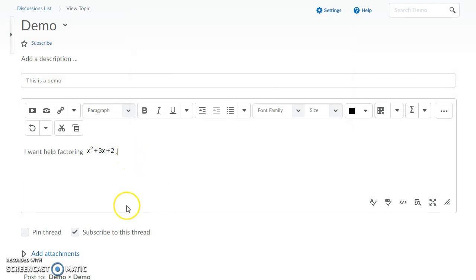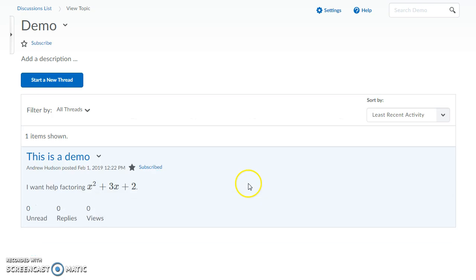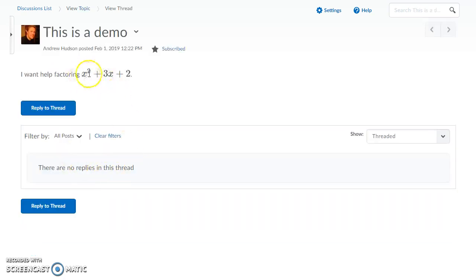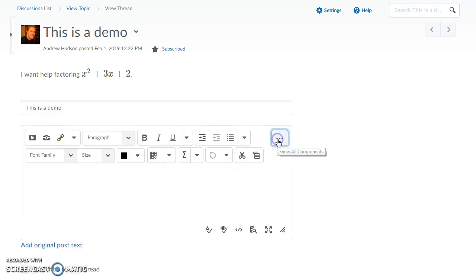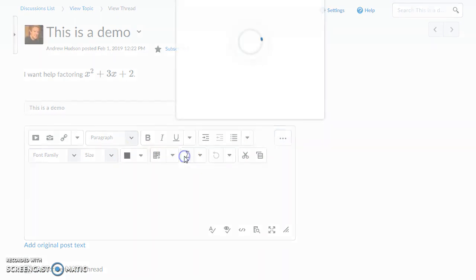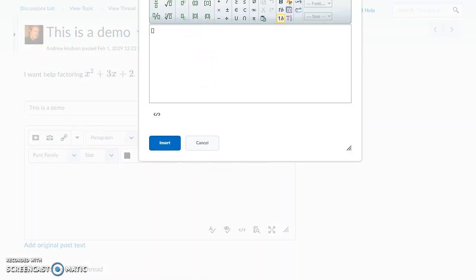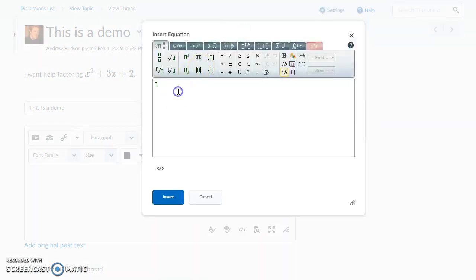And it shows up. We post this, and if we go into read, it actually looks a bit nicer. It's something that we can easily read and see what it's referring to. Now here's the danger with using that equation editor. If I go in and find it and just start typing everything in here,